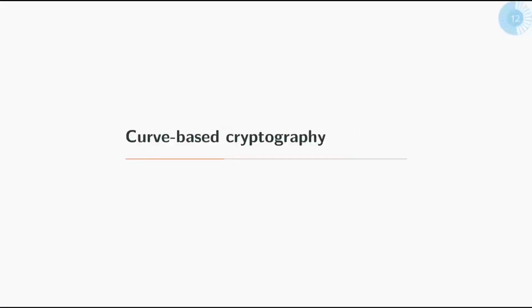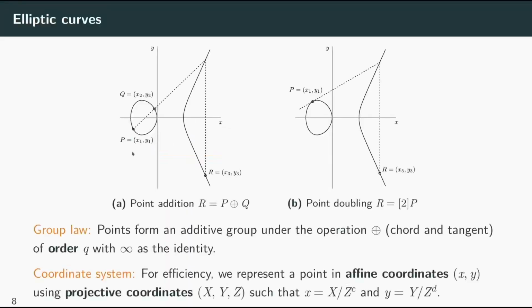Now let's move to some background on curve-based cryptography. Elliptic curves are sets of solutions x and y to a curve equation. And they come equipped with a geometric operation that defines a group law called point addition. When you want to add points P and Q, especially on this curve that's defined on the real numbers, so the curve is continuous, we can trace a line passing through P and Q and reflect the intersection between the line and the curve across the x-axis to get the result. If the point is being doubled, we take the tangent line instead. And this allows us to compute R in the same way.